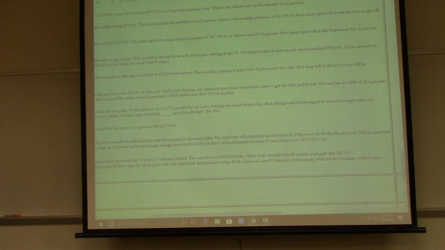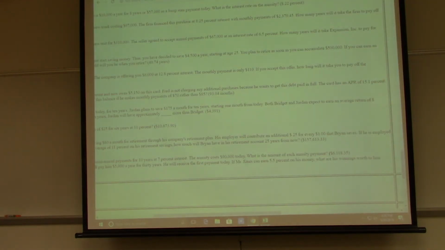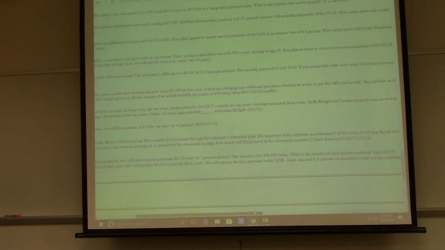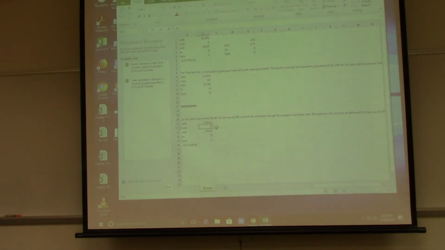So 11% is his rate. So that's going to be 11%. So time. So we have to convert the years into months. So 25 times 12. Next, payments is going to be,